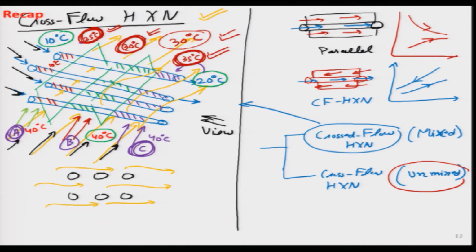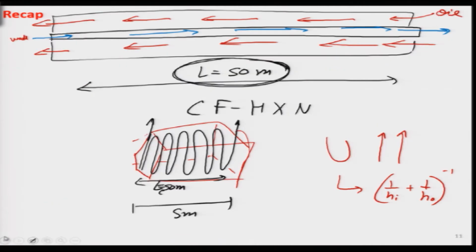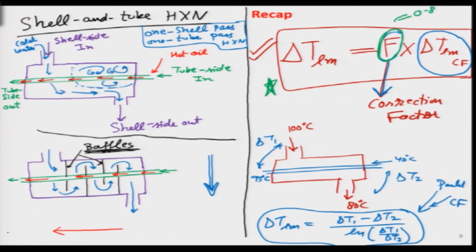So, cross flow are again examples of compact heat exchangers, and it can be mixed and unmixed. If you want to keep it unmixed, then we put these kind of green sheets over here, shown in green color, so that the fluid which is entering comes out at different temperatures over here. And we saw the tables and figures for the correction factor for these cases, and the equation is very simple in that case.